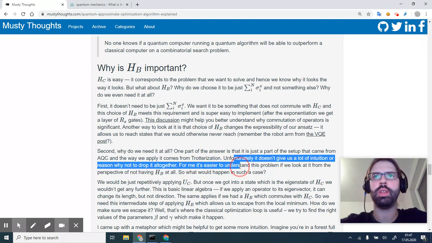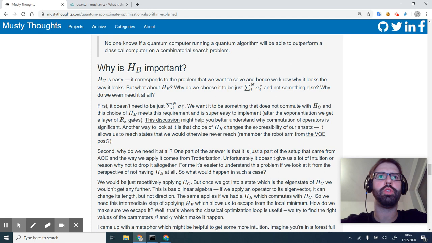For me, it's easy to understand this problem if we look at it from the perspective of not having HB at all. So what happens in such a case? We would just be repetitively applying UC, but once we got into a state which is the eigenstate of HC, we wouldn't get any farther. This is basic linear algebra. If we apply an operator to its eigenvector, it can change the length but not the direction. The same applies for